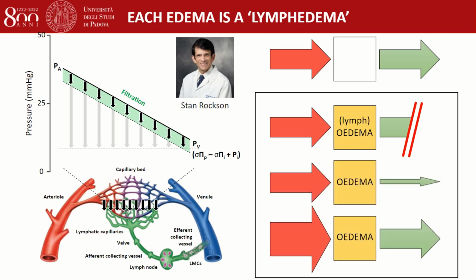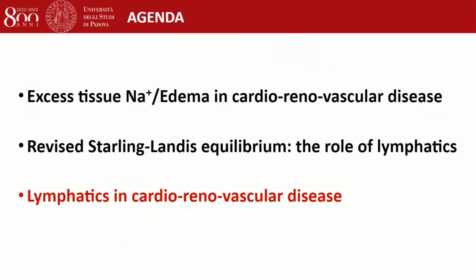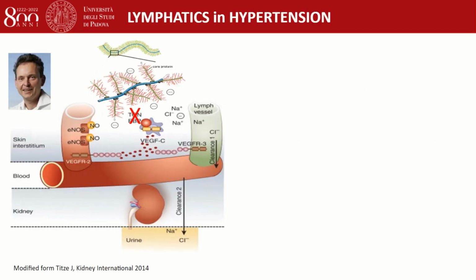And basically, whenever even a healthy lymphatic network cannot match an excessive input, or an unhealthy lymphatic network cannot match an even normal arterial input, then edema develops. And that is why, in the context of diseases where edema and subclinical edema are so prevalent, that's why lymphatics are important. And in order to convince you of that, I will start back again with Jens Titze, who very